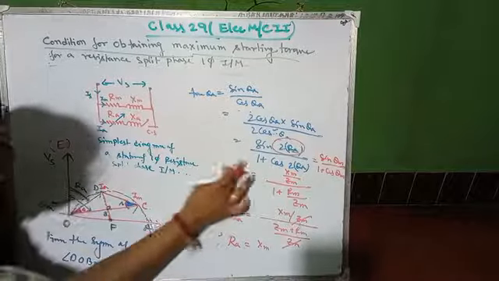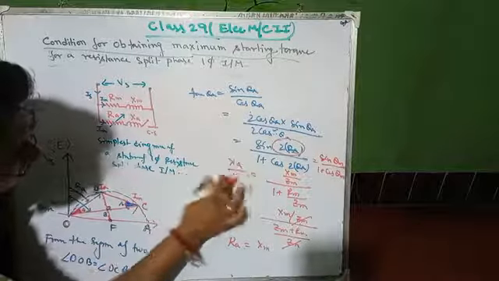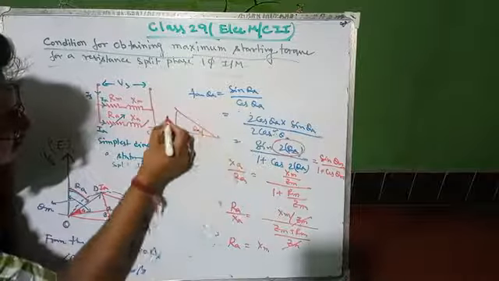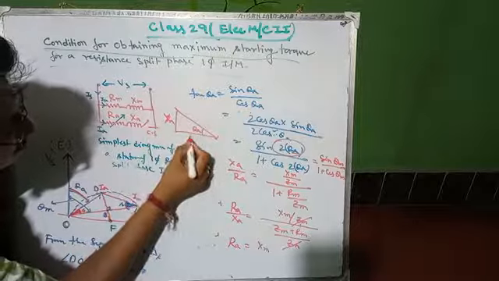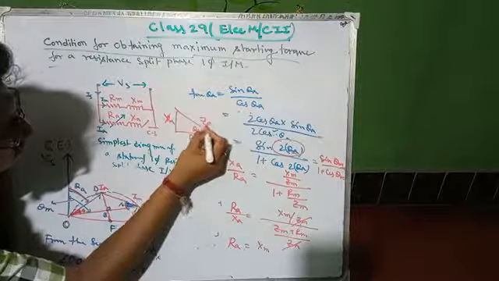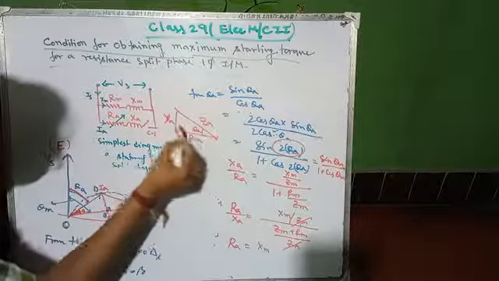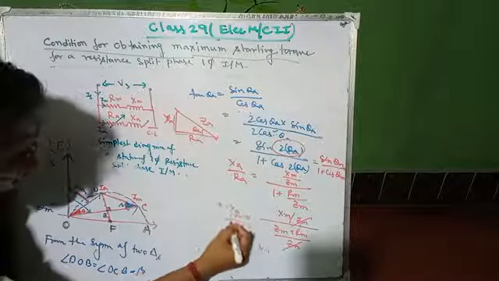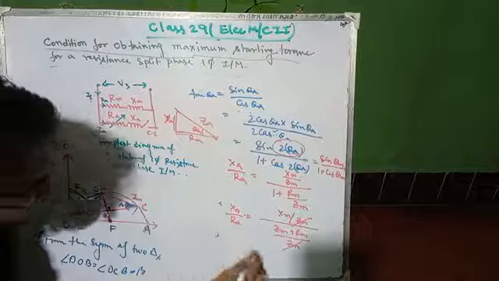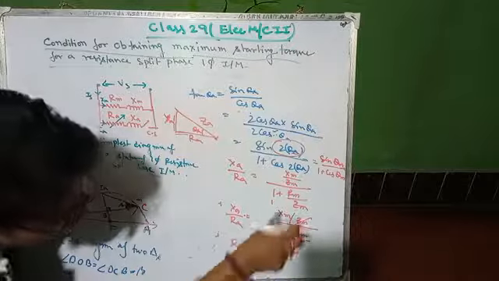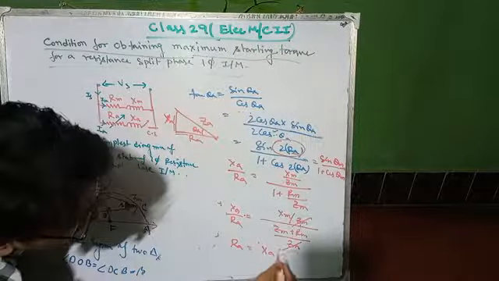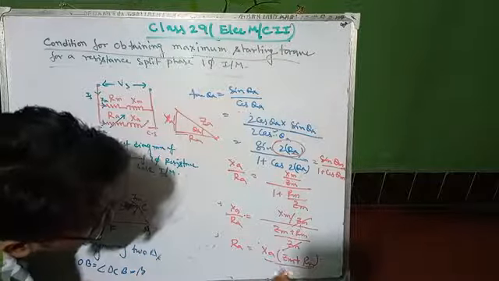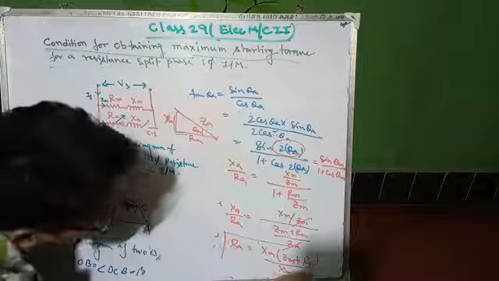I think tan means XA by RA, right? Because from the triangle, it is theta A, so this is your XA, this is your RA, this is your ZA, right? So tan theta equals what? Perpendicular by base, so XA by RA. So RA equals what? Just take the reciprocal, and XA should multiply over ZM plus RM divided by XM, right? So this is the condition for maximum starting torque.